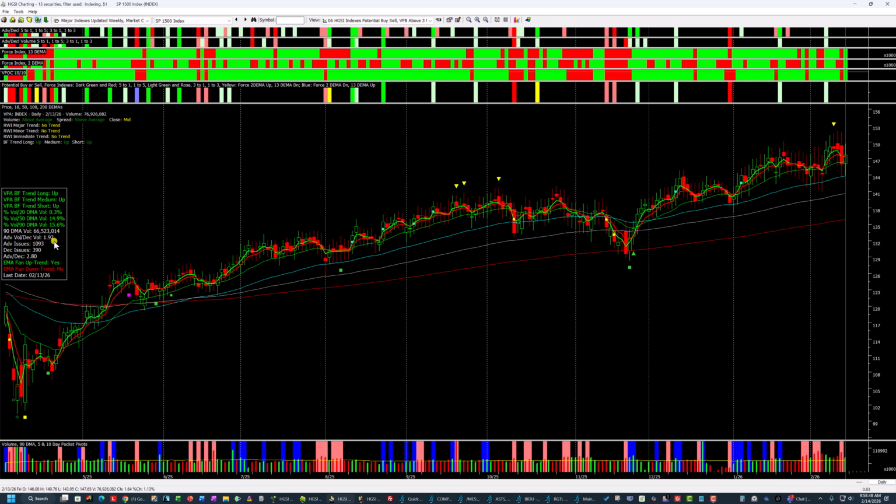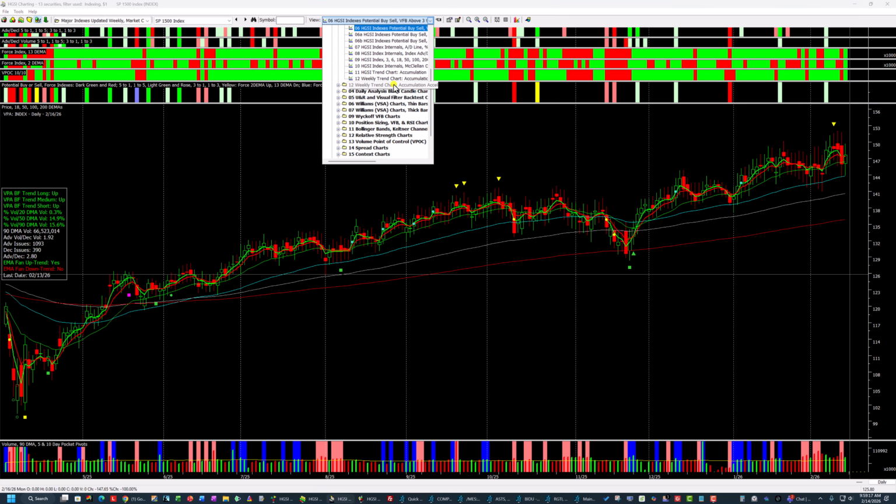You can see the advancing volume divided by the declining volume was 1.92, or nearly 2 to 1, and the advancing issues are 1093 to 390. This doesn't look like a market that's breaking down yet. It's been a really volatile market, but it doesn't look like it's breaking down yet. Now, I'm not going to go through the other indexes on here because this gives us a broad picture, but what I am going to do is go back up